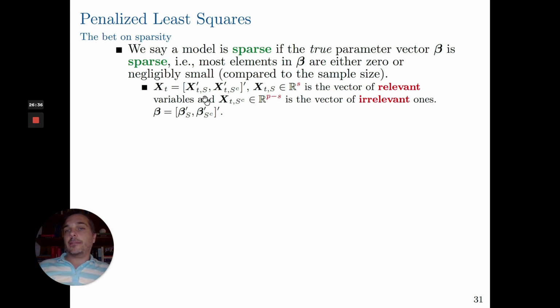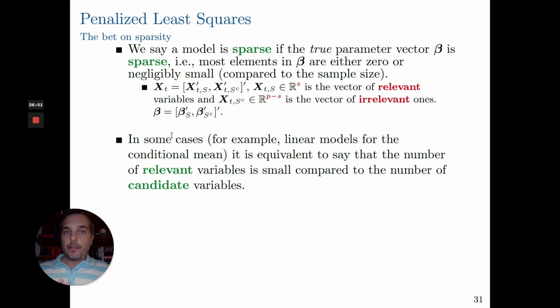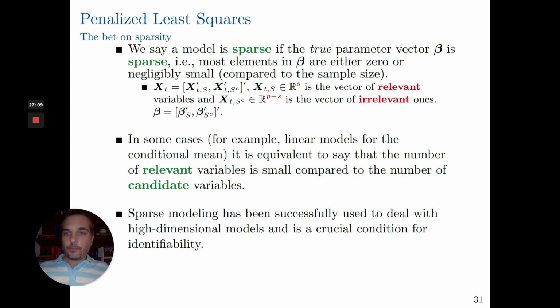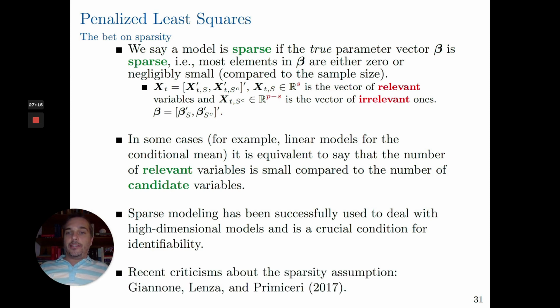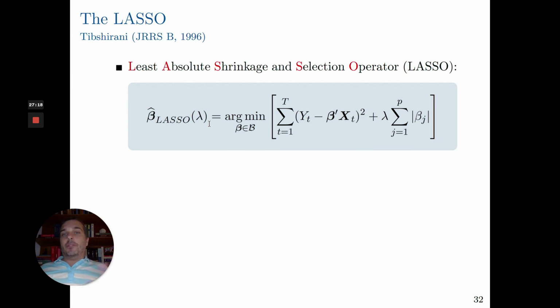The component xS, that's the relevant variables, and the component of the irrelevant variables. And we make the same distinction about the coefficient beta. Okay? So what we want is to uncover this distinction between beta S and beta S^C. We want to figure out which are the relevant variables. Okay? So if we have this assumption, we can move to another estimator that's called the least absolute shrinkage and